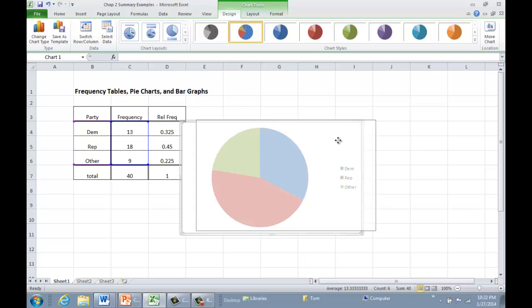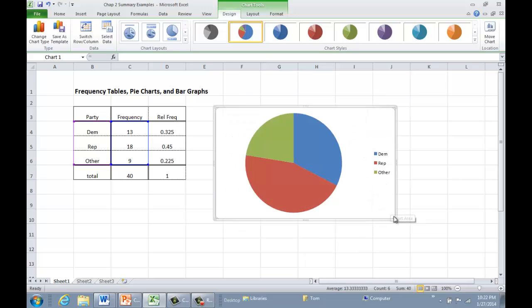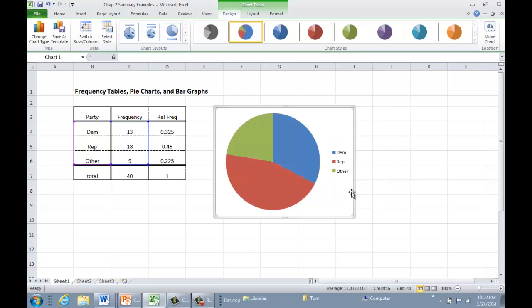Click on that, and I automatically have a pie chart. These charts can be resized by clicking a corner or clicking certain parts of the boundaries on the side. You'll see the dots here that indicate those sizing handles. Notice that when